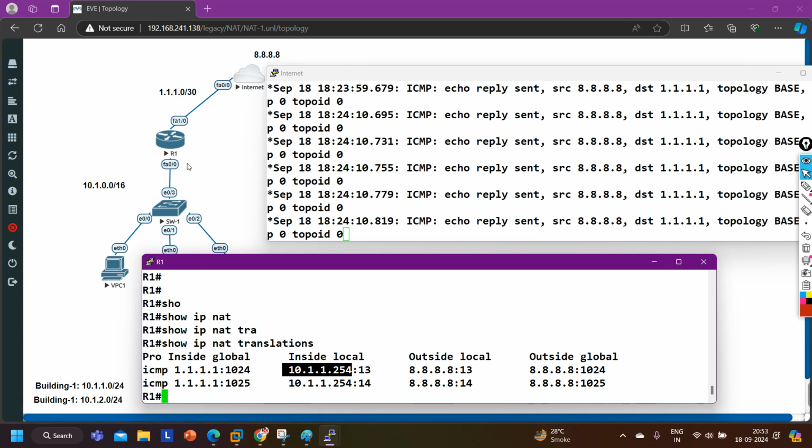10.1.1.254 is the IP address on my LAN interface, translated into this IP address.